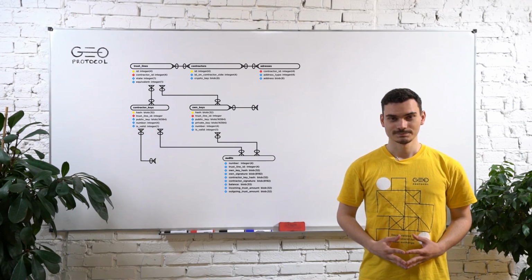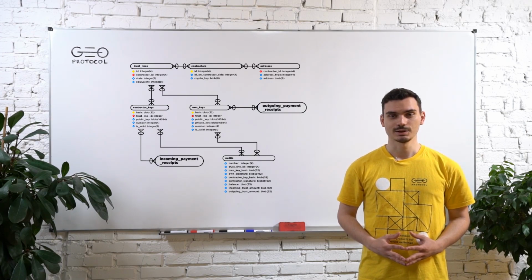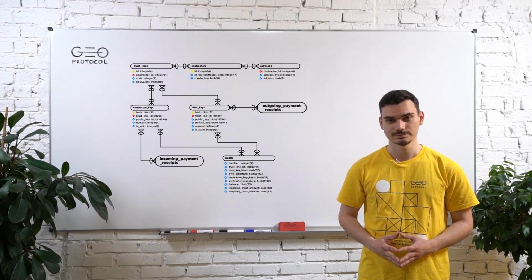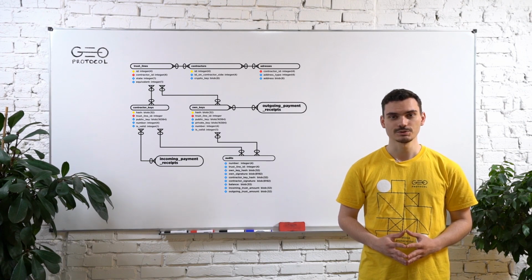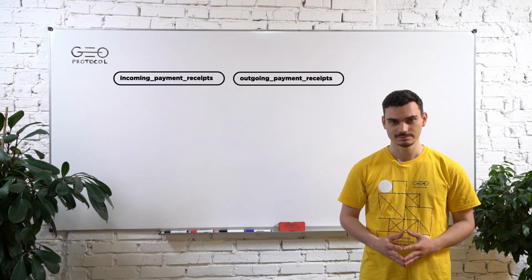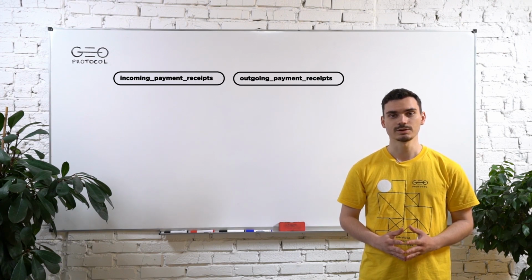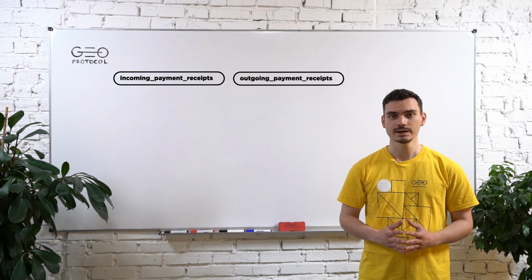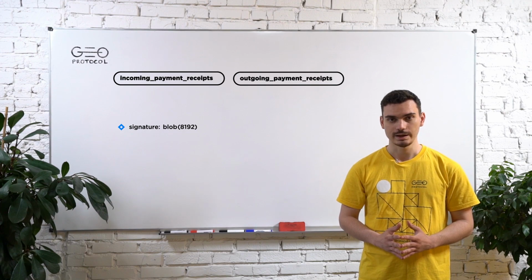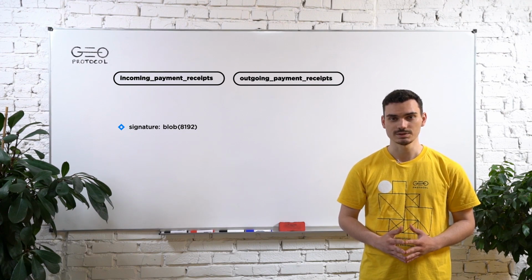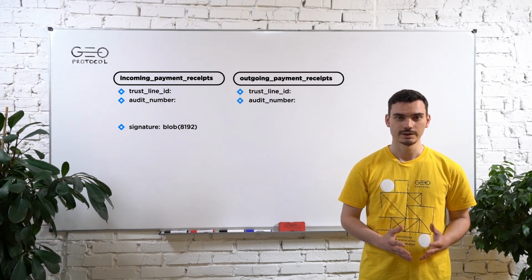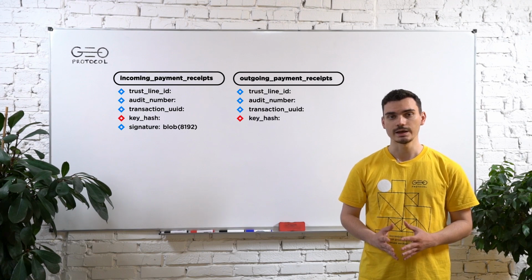Payments receipts table. In the course of payment transactions, a node can receive or send a particular amount from or to its neighbors. These amounts are stored in 2 tables: incoming payment receipts and outgoing payment receipts. These tables have similar field structure, except that the incoming payment receipts table has one additional field, the signature. And here are the fields that these 2 tables have in common: Trustline ID, audit number, transaction UUID, key hash,